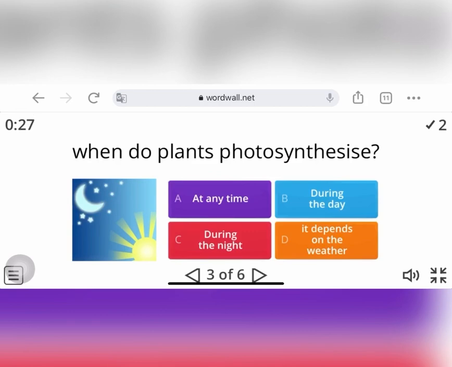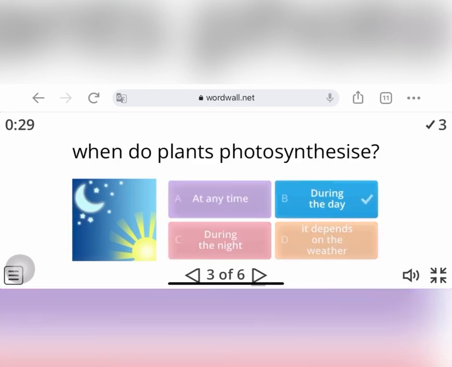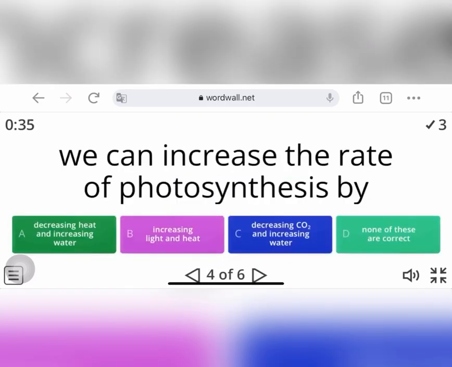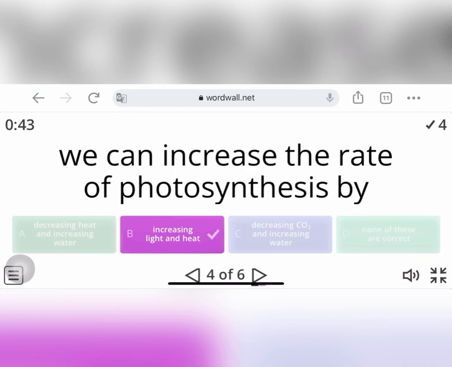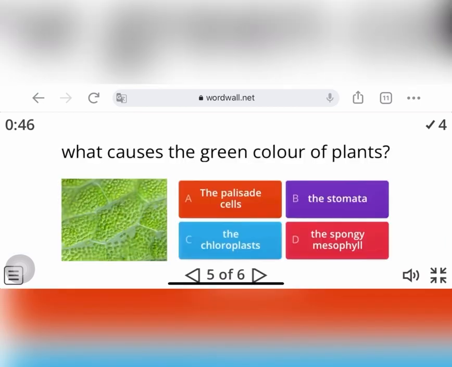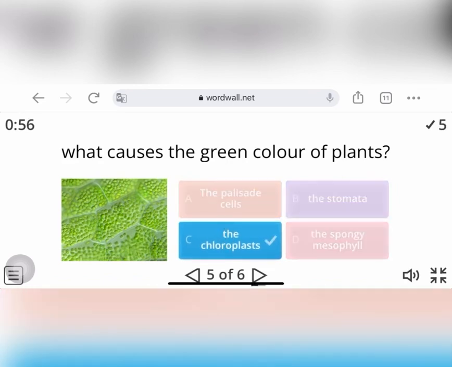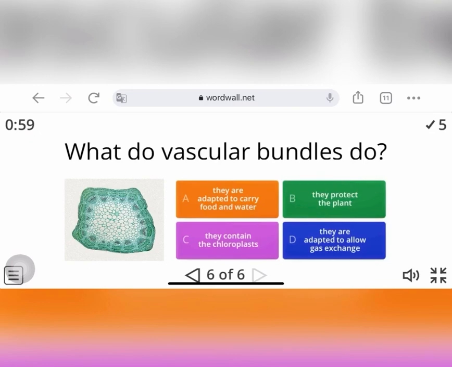Great. Next, when do plants photosynthesize? During the day. Perfect. Next, we can increase the rate of photosynthesis by increasing light and heat. What causes the green color of plants? The chloroplast. Perfect. Next, what do vascular bundles do? Correct answers. They are adapted to carry